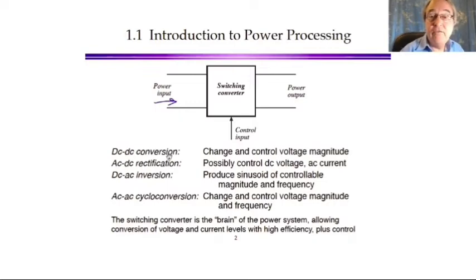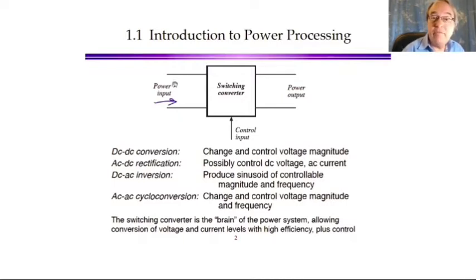DC to DC conversion is a common function performed by converters in which the voltage of the DC is changed and possibly regulated. So we may change, say, a high input voltage into a low DC output voltage. Rectification is the conversion of AC to DC. And in the process, we may want to control the DC output voltage, and maybe also the